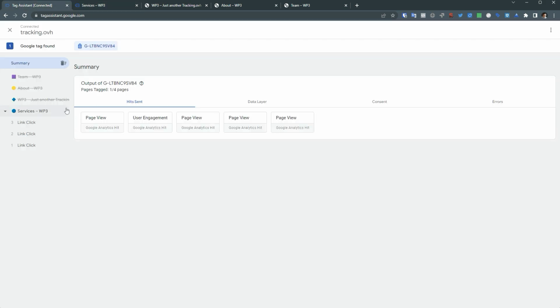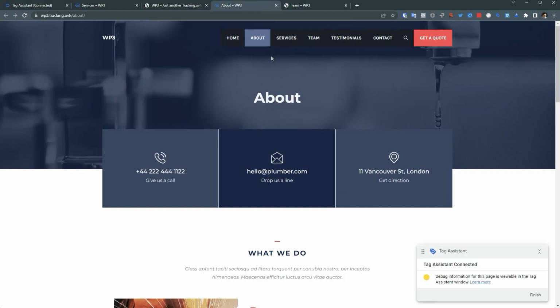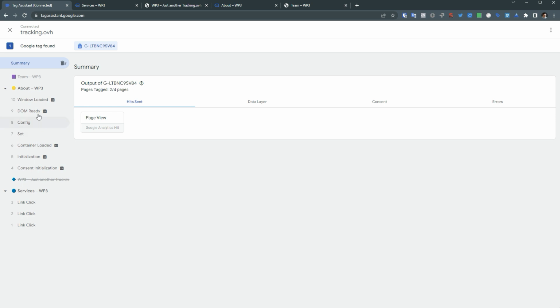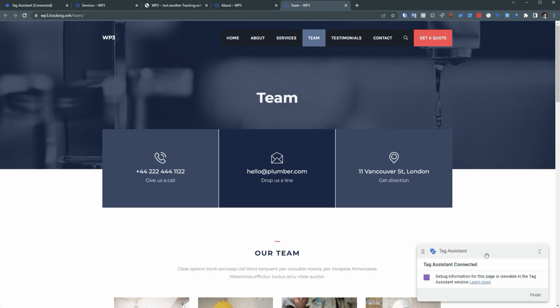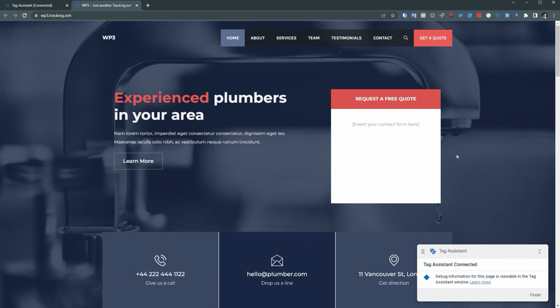Let's now take a look here, and as you can see, we have these three, but no page view has been reported. Yes, no data is being tracked about any of these three pages. And when I actually go and visit some of these pages, like this about page right now, I can go back to Tag Assistant and see that about page has actually been viewed. So team and the home page are still not being viewed. So this is one of the ways you can make